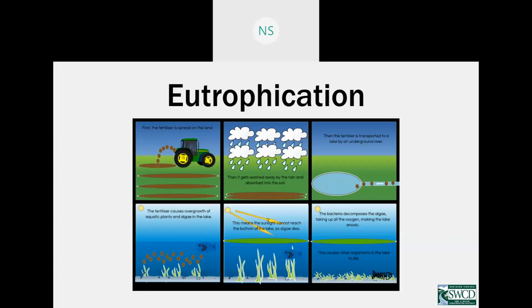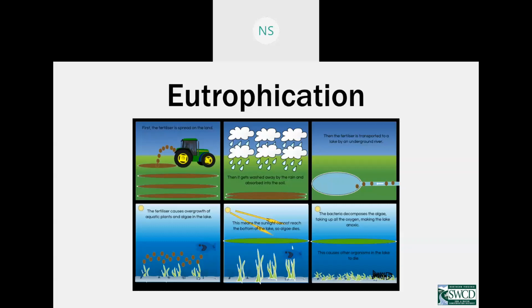And then for some reason, the fertilizer isn't spread appropriately. Maybe there's too much fertilizer, maybe it's right before the rain, and in any case, it gets washed away by the rain and it's carried down into the soil and it's carried into a lake or another nearby body of water. And if you remember from the beginning, I did mention that the fertilizer, the phosphorus, the nitrogen, they're all food for plants, which is good. They go and then they feed the plants that are in the water, but the problem is actually that the